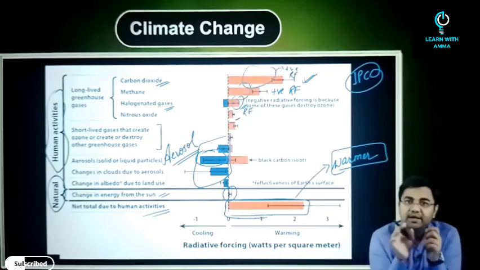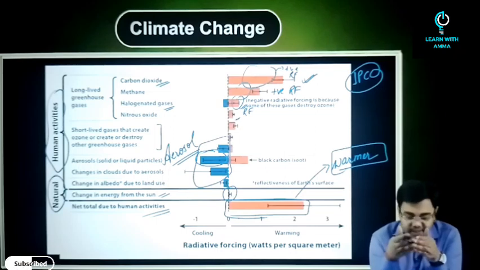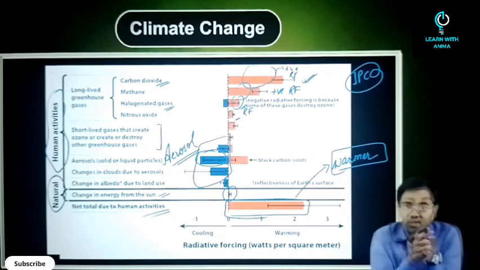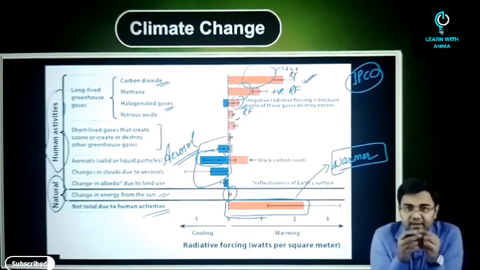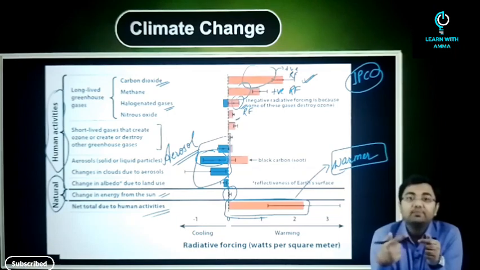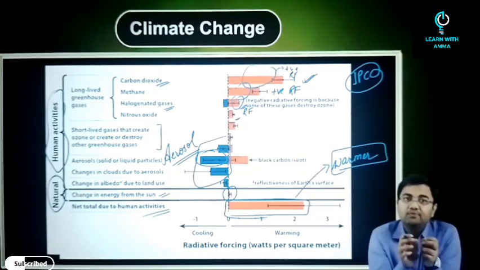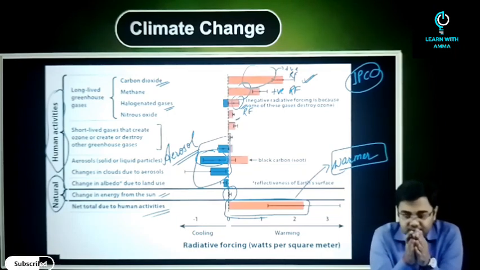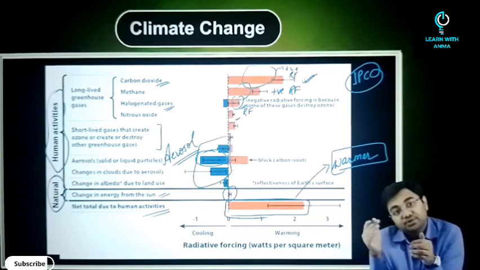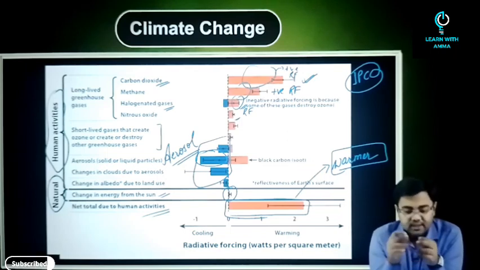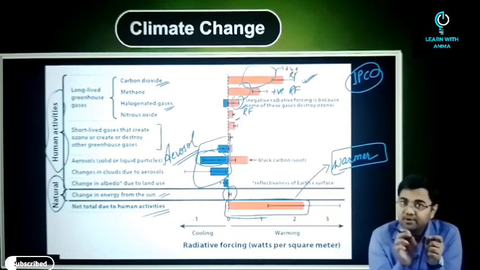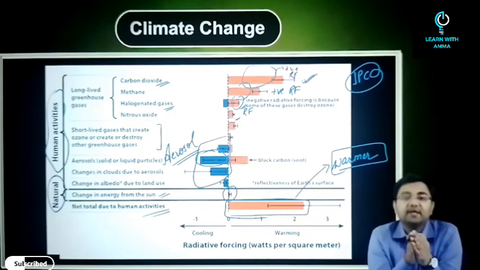Similarly, negative forcing is contributed by the factors which have led to the cooling of Earth's surface. So human activity has influenced the global surface temperature by changing the radiative balance governing the Earth on various time scales, and by various time scales, I am talking about the various geological time scales. Of course, the most important and profound anthropogenic influence is the elevation in the concentration of greenhouse gases in the atmosphere.